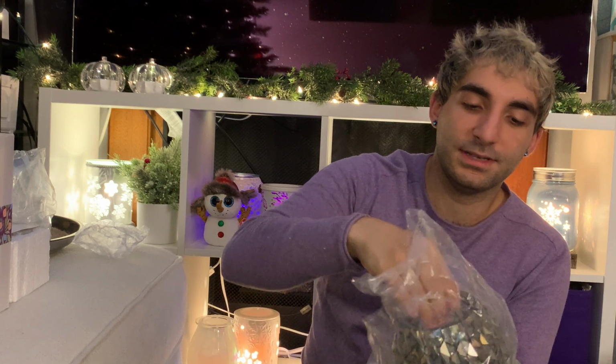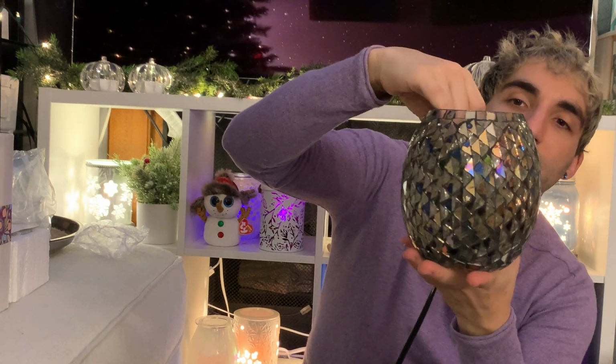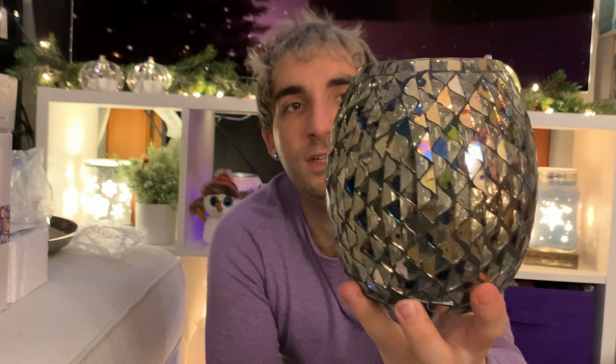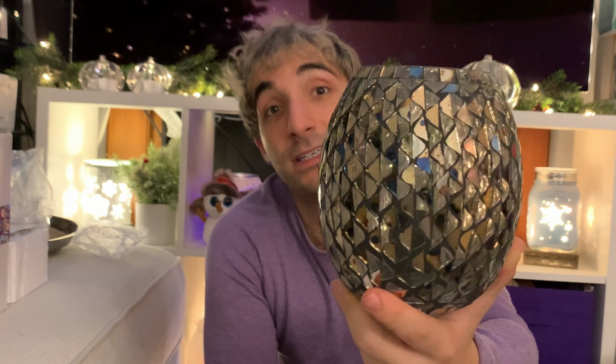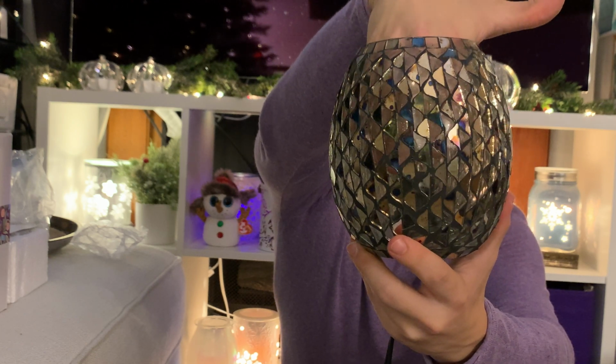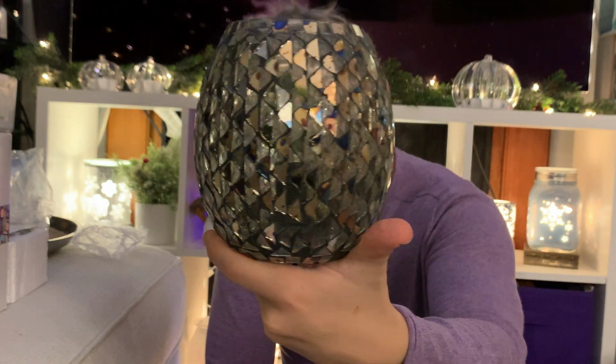And oh man, look at that. So first impressions, obviously it's hard to see in the actual box, but if I pull this out, let's take a look at it together. So we have lots of pieces of mirrored glass, some of which look charred or mosaicked a little bit. But then in between those pieces of mirrored glass, it's clear glass. So if I put my hand through this, you can actually kind of see my hand in the spaces that aren't mirrored. Now it's highly reflective, and because of some of those almost fire blasted parts